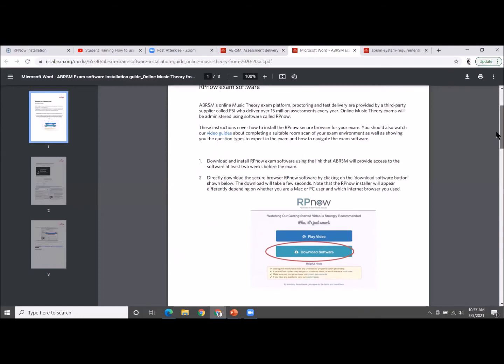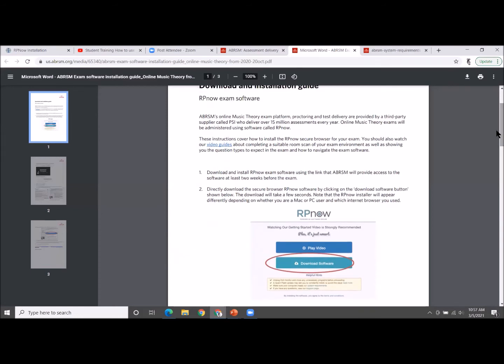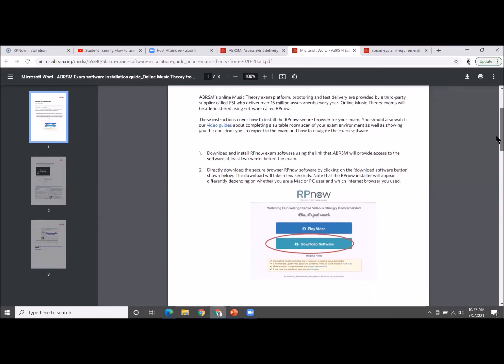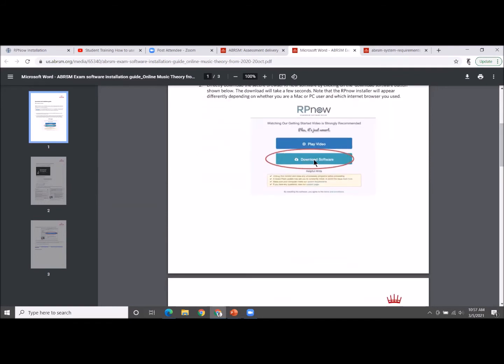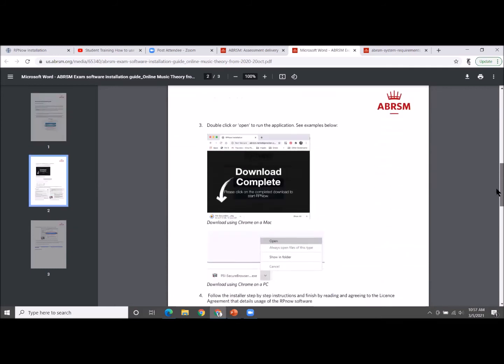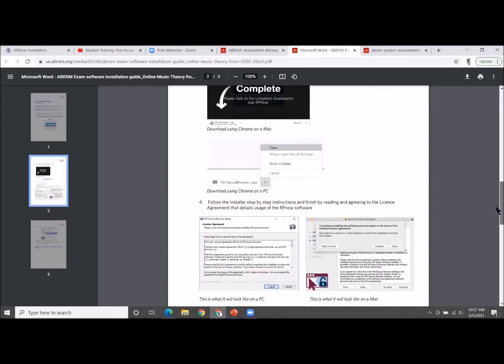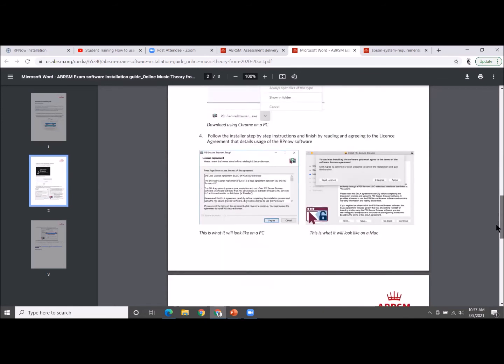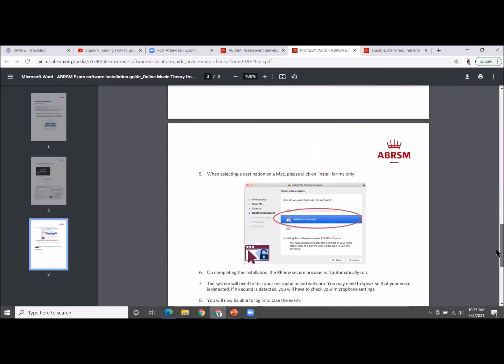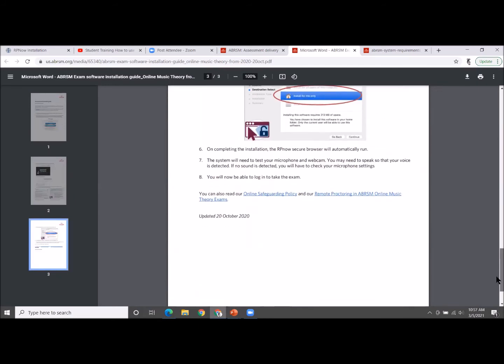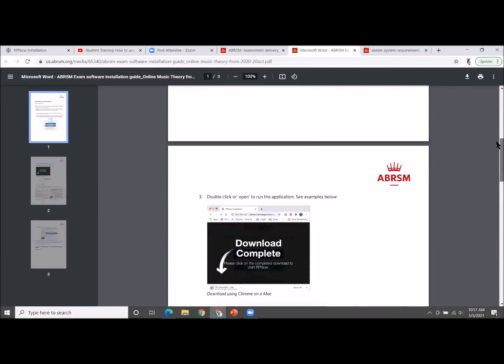And so again, once you have booked your exam, you are provided the link to download. When you do download the link, you will see something like this pop up on your screen. You click on download software, and then it actually has all of these screens that will follow after that. You agree to the terms and conditions, and then you can actually install and bring up the screen again.